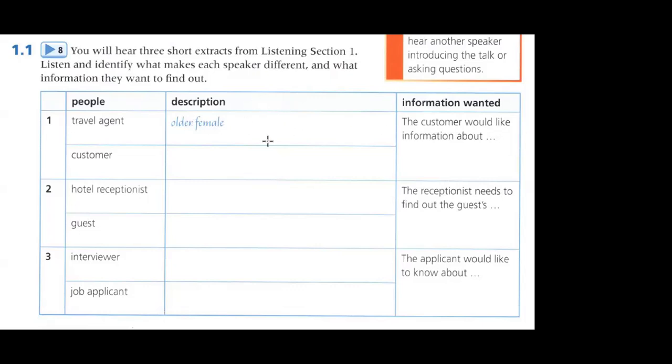This is the first one. Well, so put in the comments what is your answer for number 1, travel agent and the customer and information wanted. Let's go with the